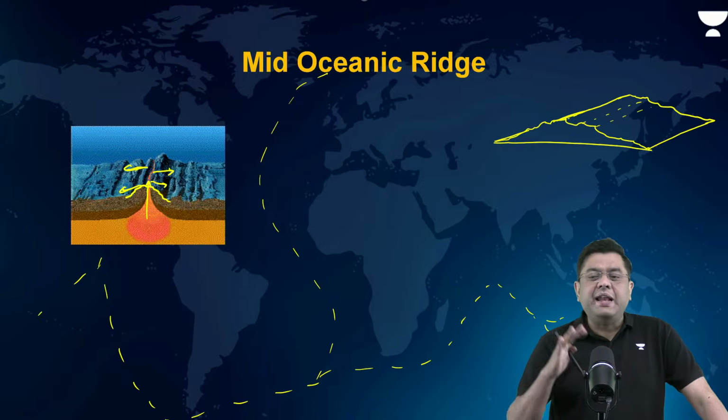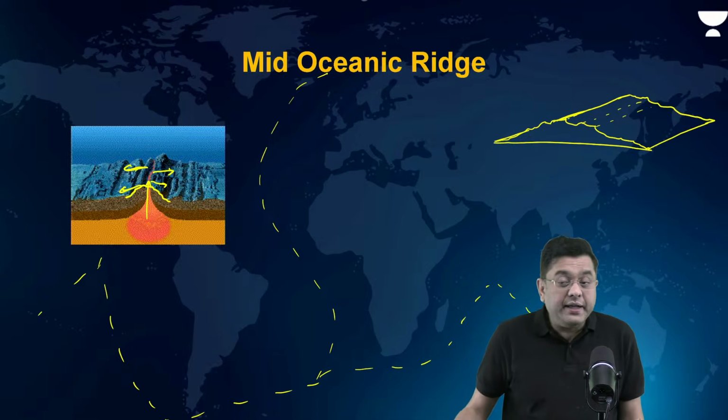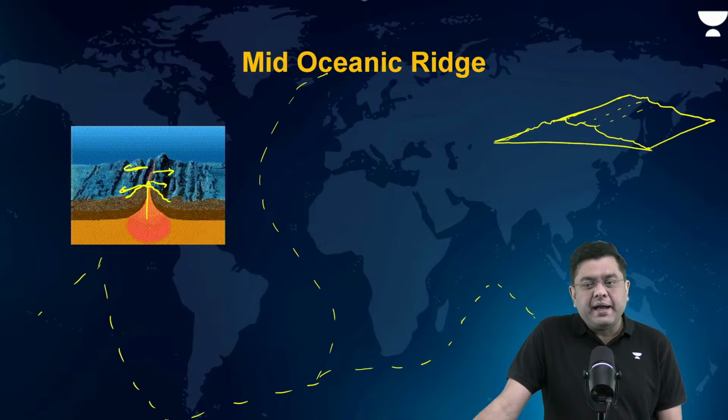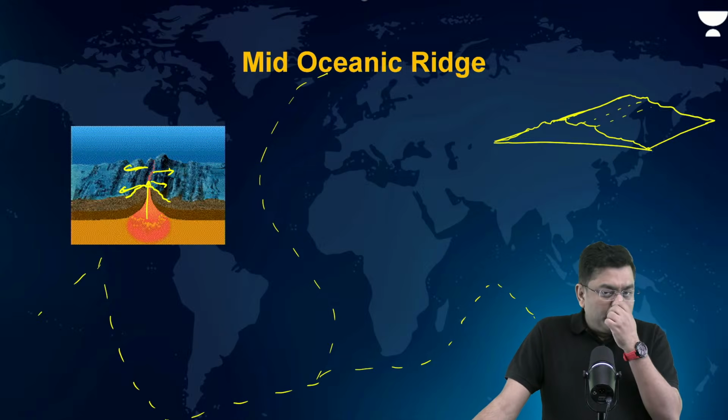Okay. So this is the mid-oceanic ridge. It happens underneath the water. That is the mid-oceanic ridge, which is created by underwater volcanism. Okay. Now,